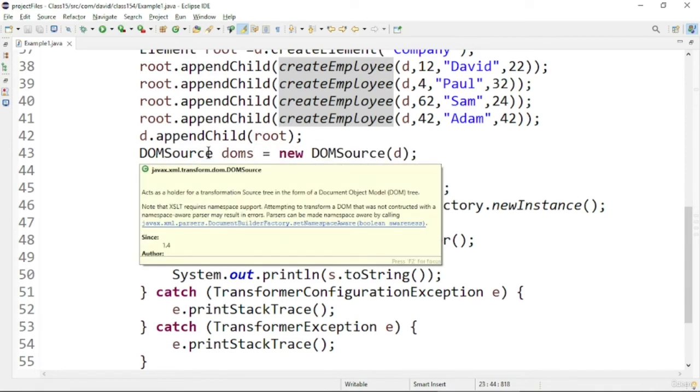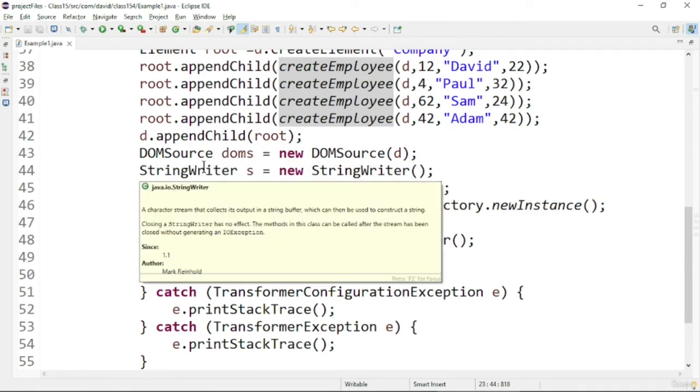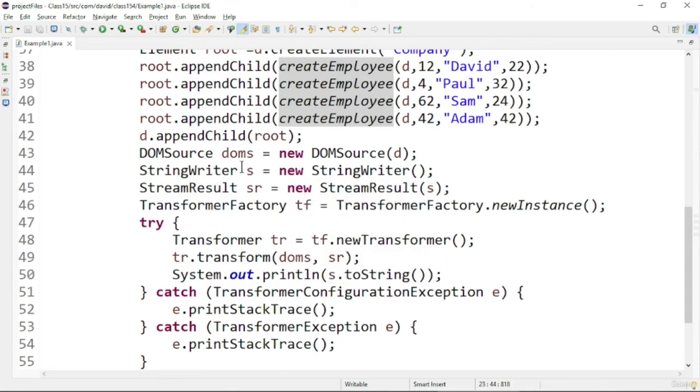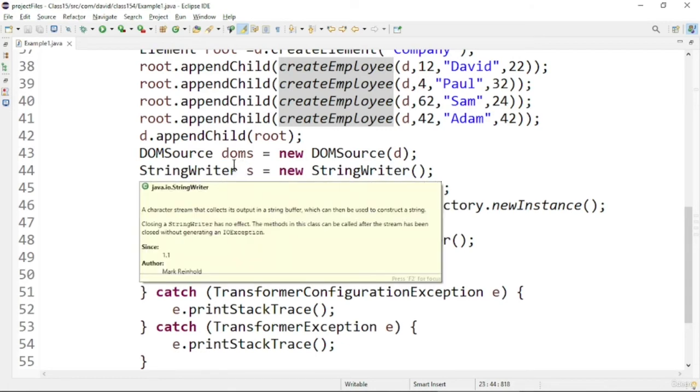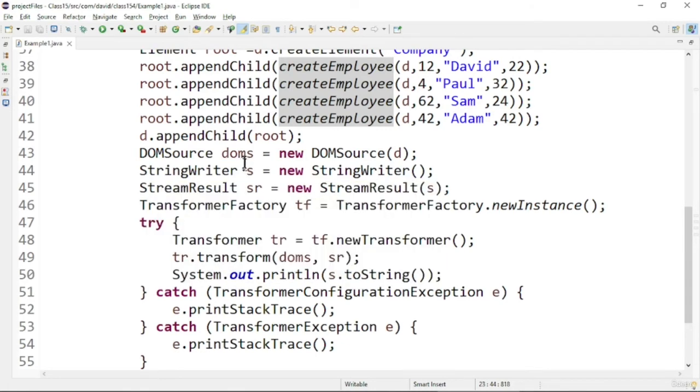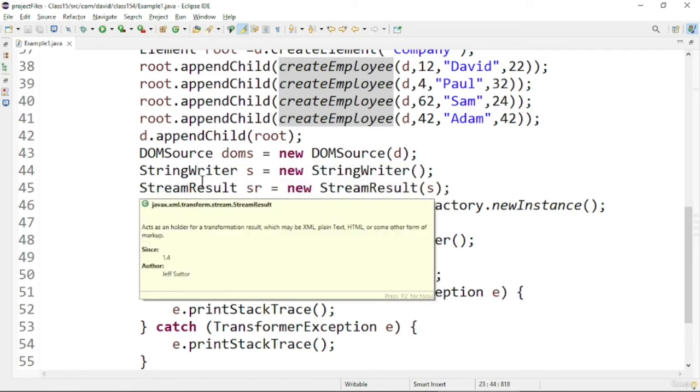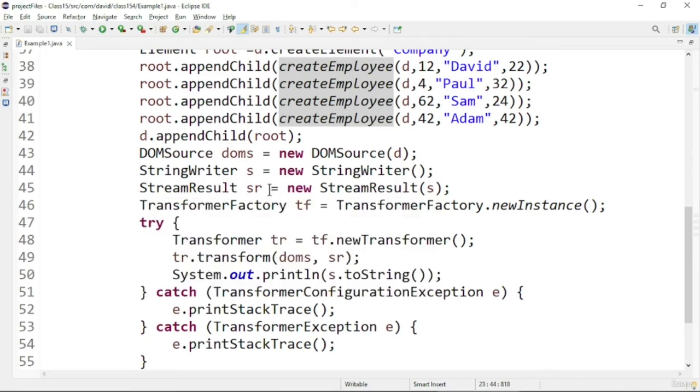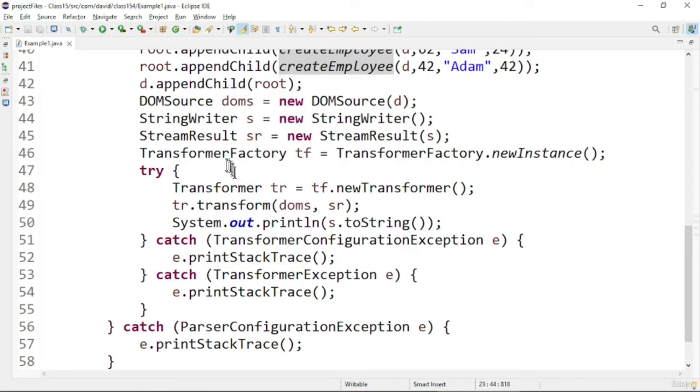Here you can see, first I need to create a DOM source object, which is created using the DOM object, and I'm using a string writer to hold the string. We want to write the string into a string writer. Using the string writer object we will be able to write it, and then I will create a stream result object, and after that a transformer factory object.